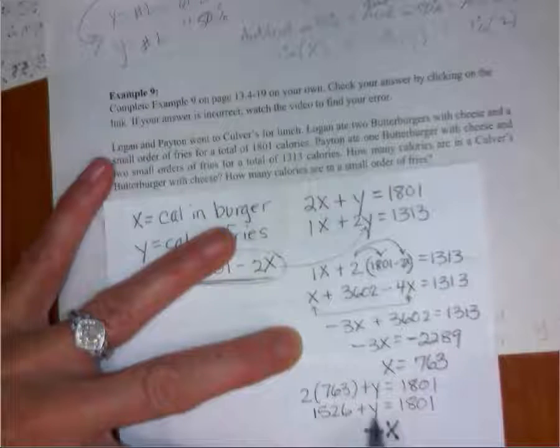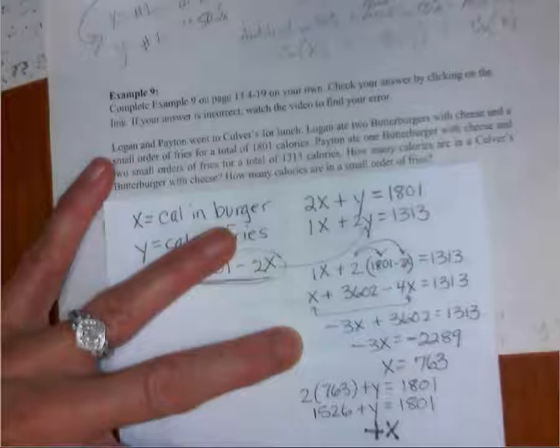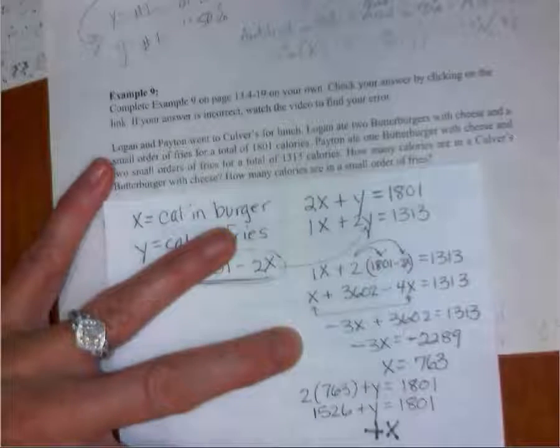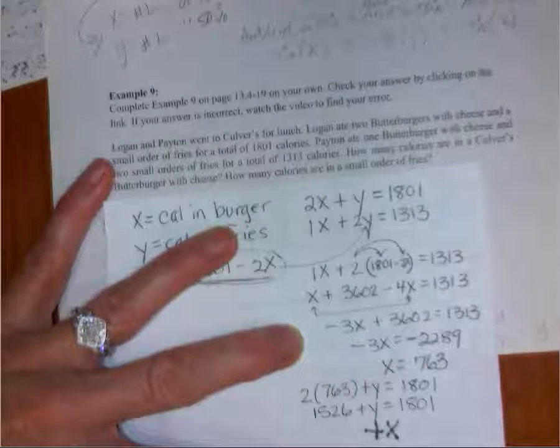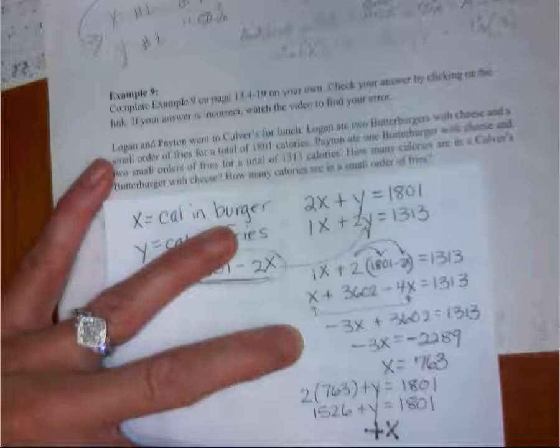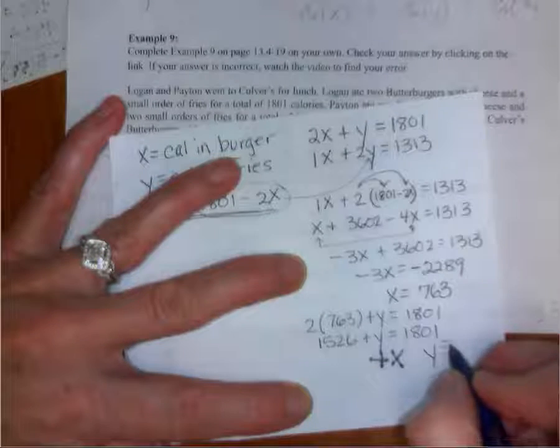Subtract 1526 from both sides. And I get 275. So I get y equals